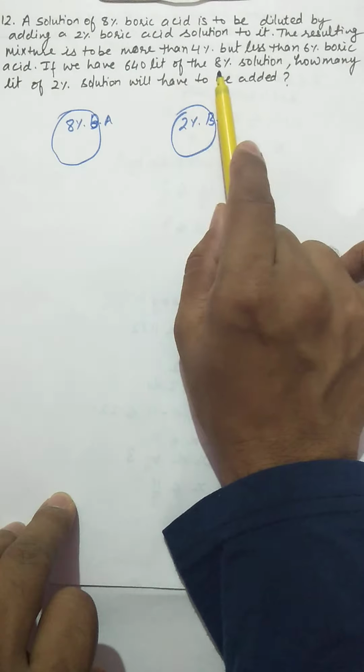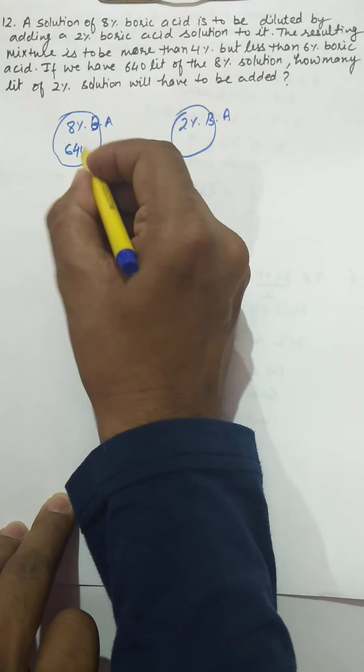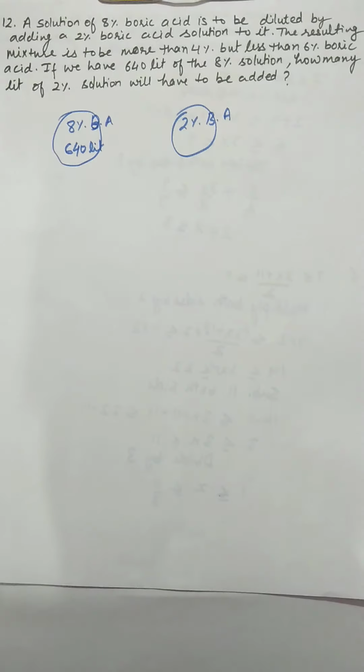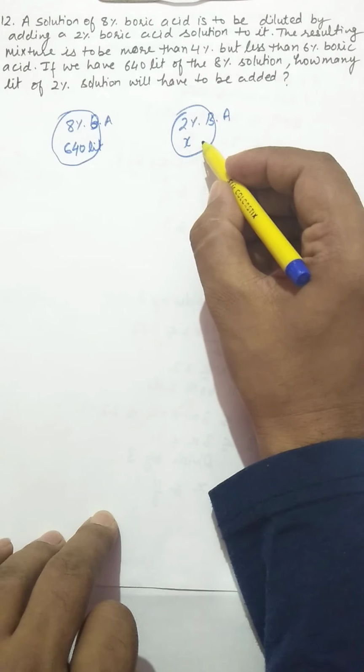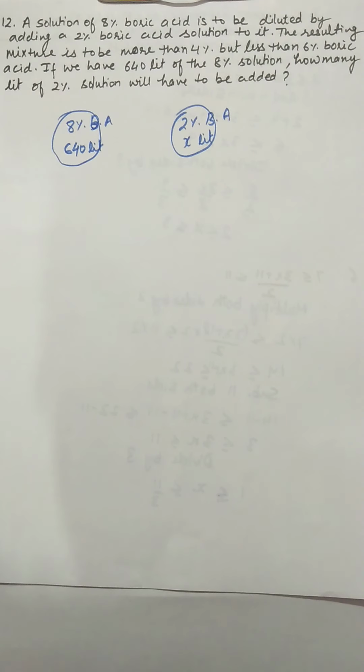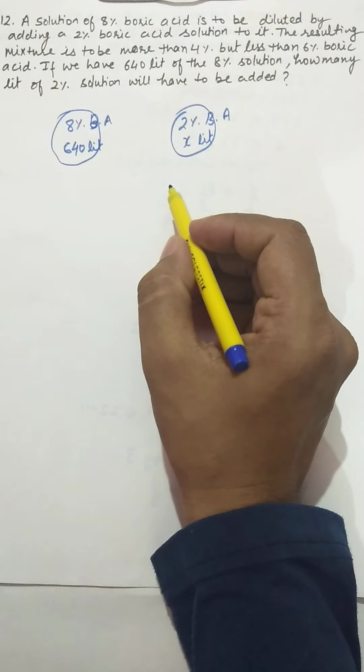If we have 640 liters of 8%, means the quantity of this solution is 640 liters. And how many liters of 2%, means there is some quantity but we don't know, so we have to find that quantity. So we assume that quantity in which 2% boric acid is there is x liters. So what is the condition given? That the boric acid should be greater than 4% and less than 6% of the resulting mixture. So we can convert that